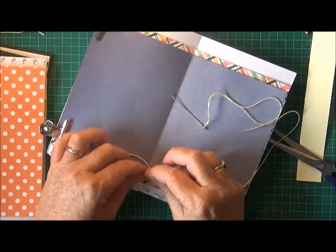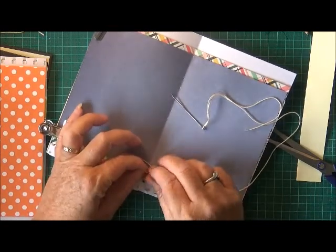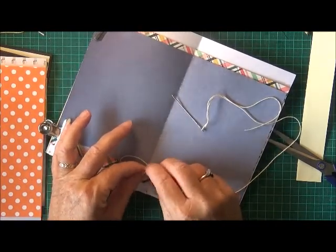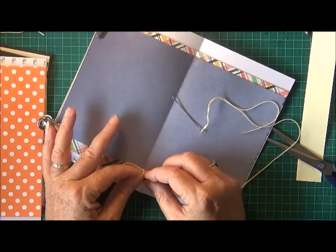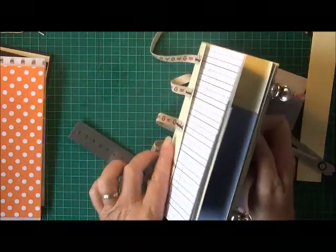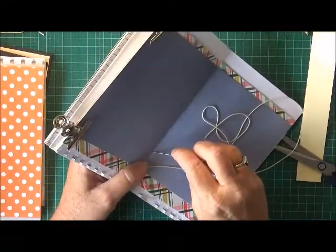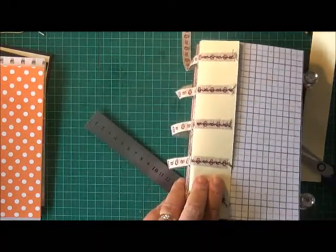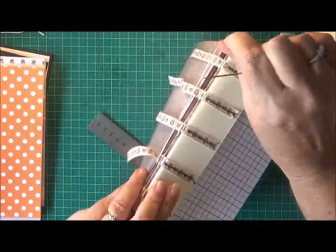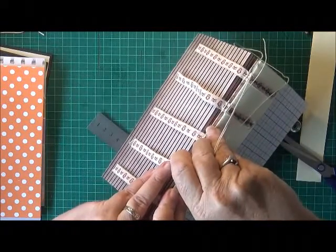Okay, and I'll just do another little loop down the bottom here, and I missed it completely. That's got it. There, now I can pull. Okay, and then just go and do what we were doing before. Go into the next hole up on one side of the ribbon, pull it, and then just go in over this side here